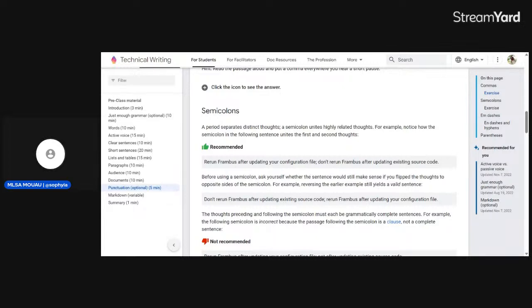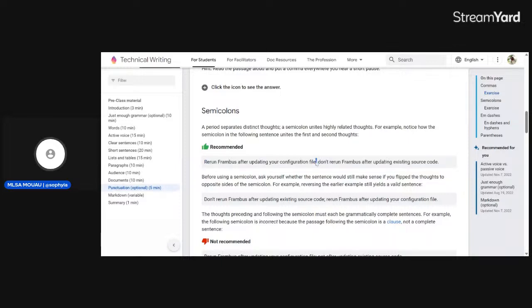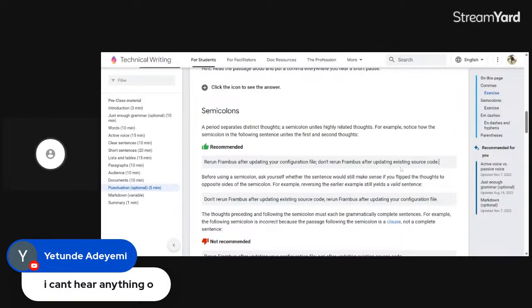For example, this sentence: we run frambles after updating your configuration file; don't rerun frambles after updating the existing source code.